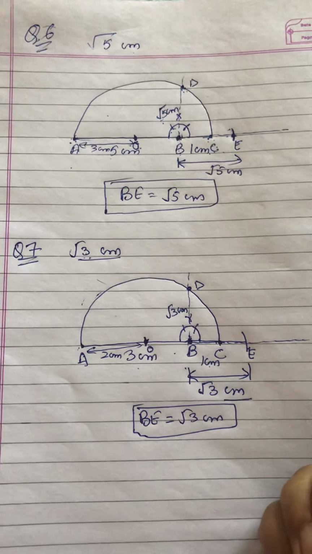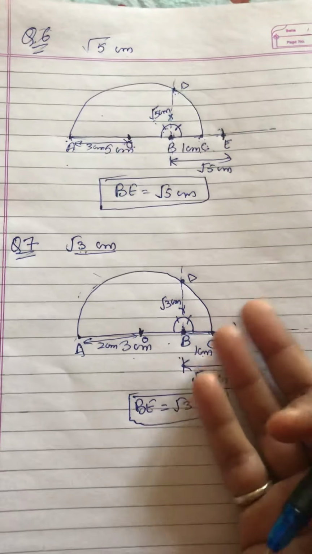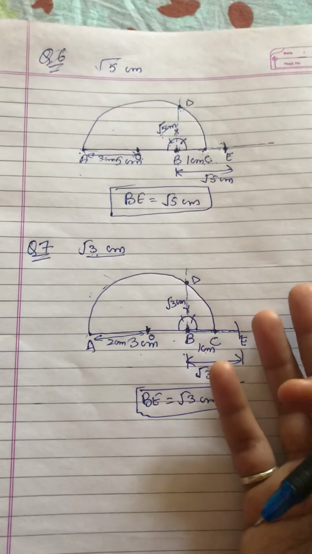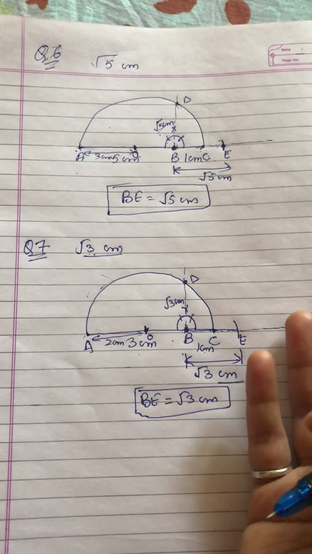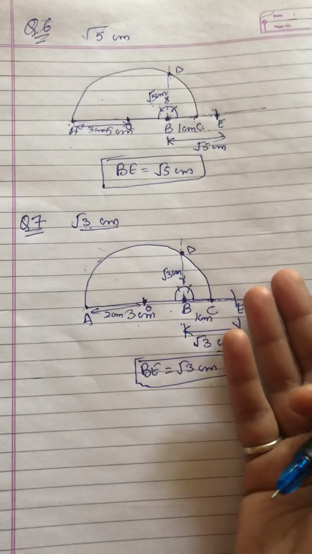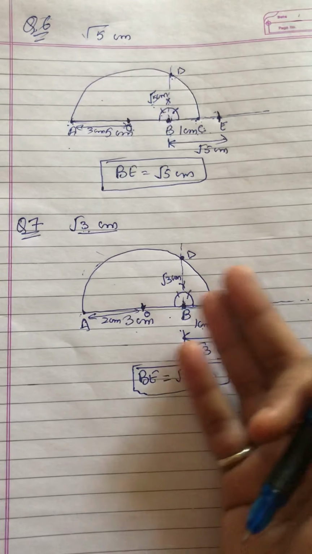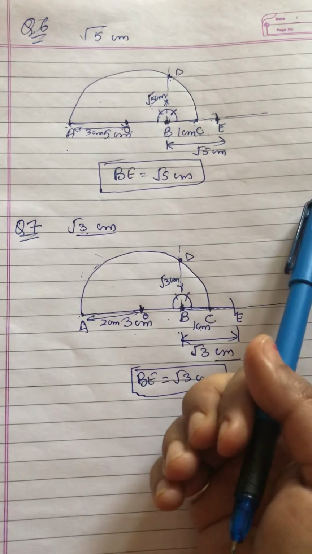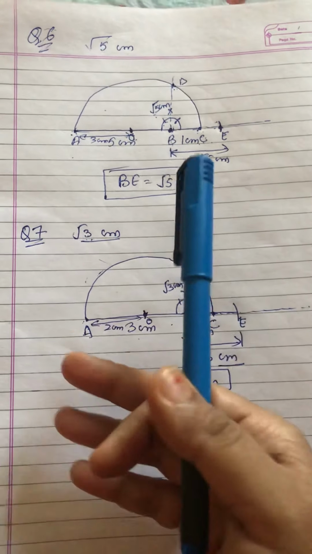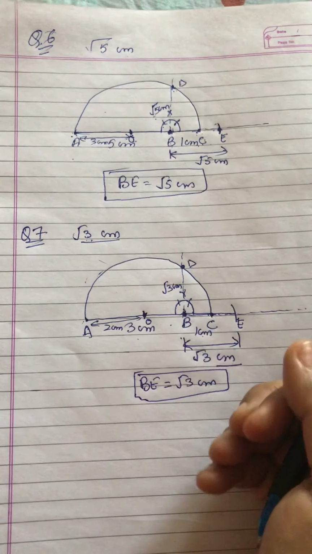As simple as that. Same method you can follow for root 8 or any root, and irrational numbers you can easily locate by this. I'll be sending one more video to you. You can follow that also to make these irrational numbers, and it's your choice how you want to construct. You want to follow this method or any other method, that is completely your choice.